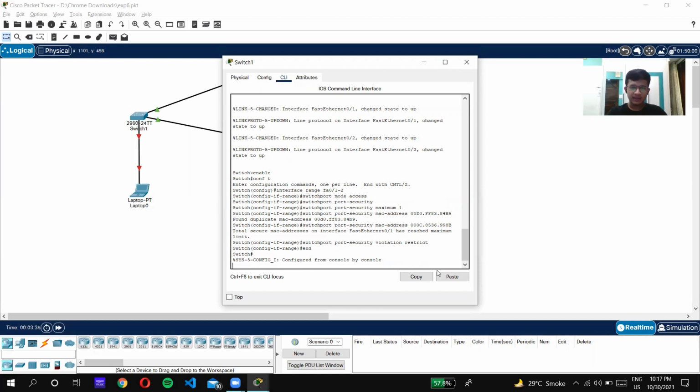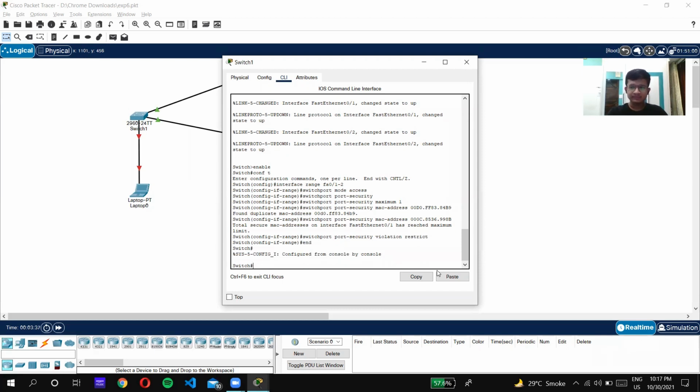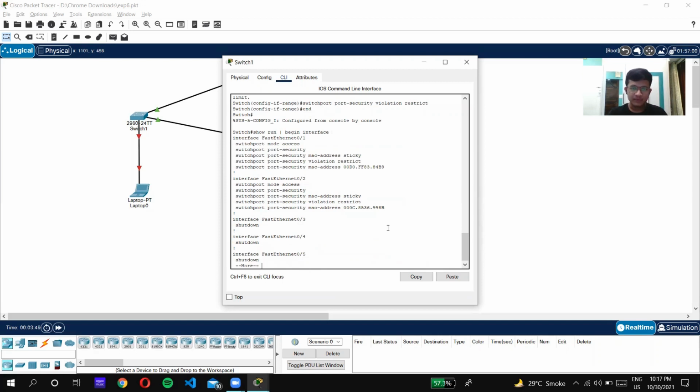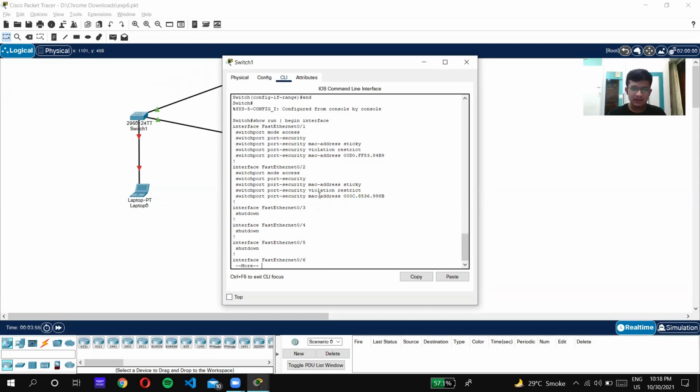Let's exit this by typing end. In the main switch command, let's do show run. Sorry, it's begin interface. As you can see, for FA0/1 and FA0/2, we have this security configuration set up.